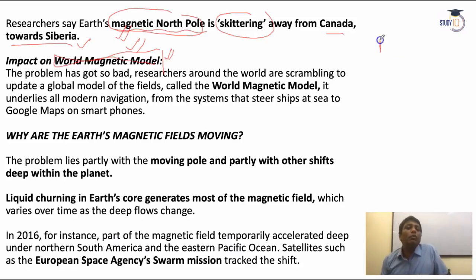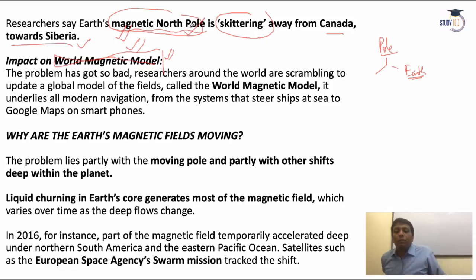The Earth has two poles. The first is the Earth's normal pole, the one you know as the North Pole, and the second is the Earth's magnetic pole, called the magnetic north pole. These two have some distance between them. It's not true that the Earth's pole is the magnetic north pole. No, it's totally wrong. So the information here is that the Earth's pole is not going to shift. The Earth's magnetic north pole is going to shift. Okay, so I hope it is very clear and you will not be confused here.